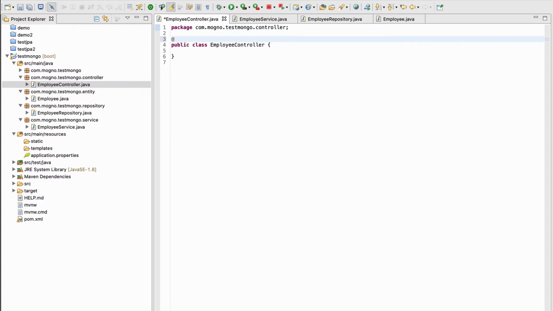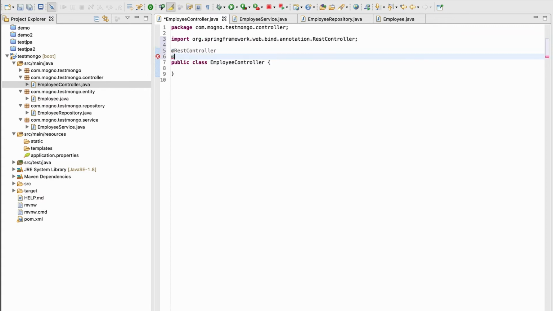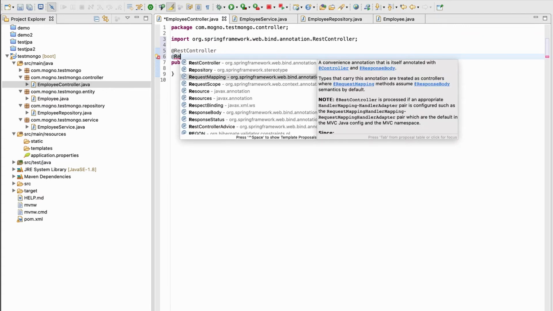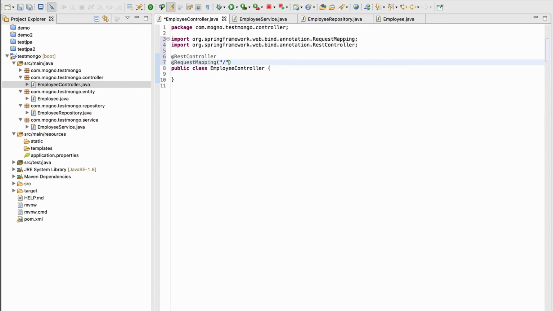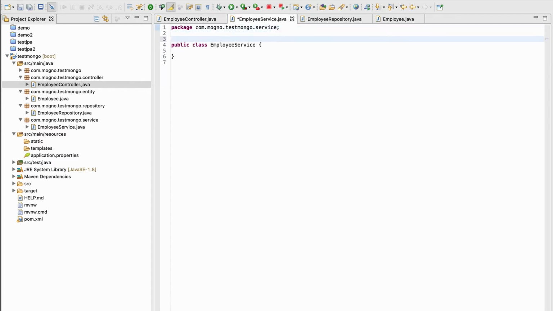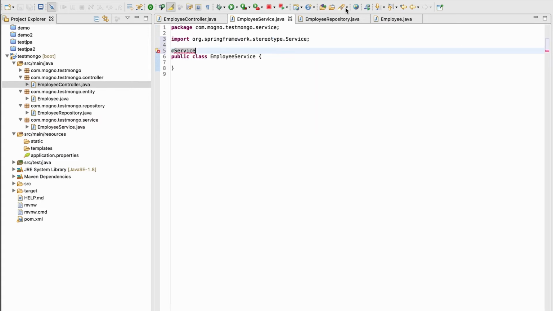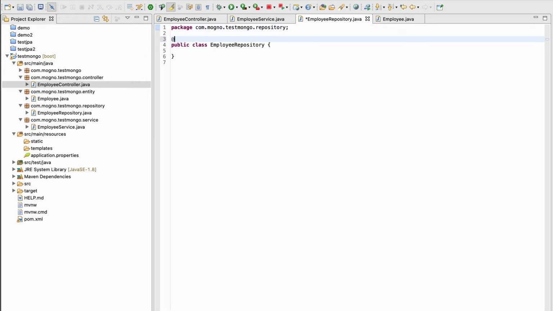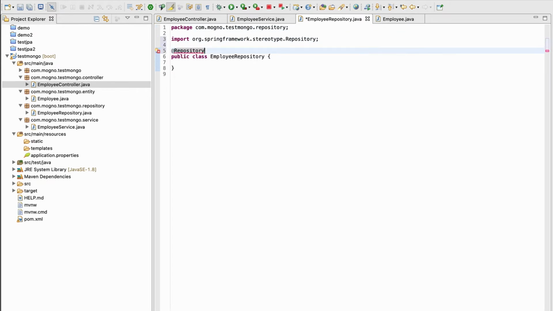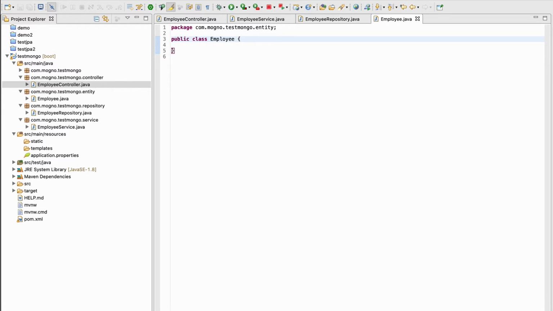So let me make this controller class a REST controller, with request mapping. Here I can pass something like employee. Same way, let me go to service, and we need to put the @Service annotation. Same as in our repository, we need to pass the @Repository annotation. Okay, so let me go to this employee entity class, and here we need to write a few fields that we're gonna use for our employee, and those fields will be something like